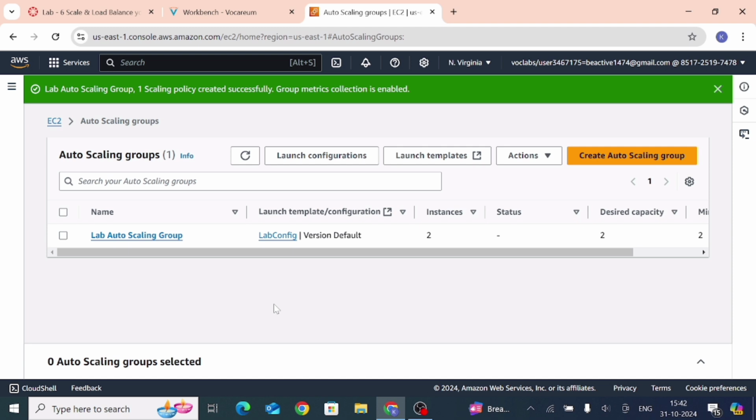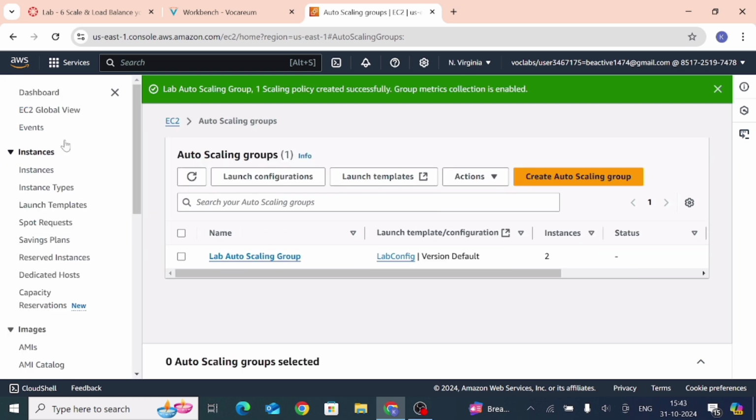So how we verify? In here the navigation pane is not visible in my PC. So please check in your PC if it is visible, then okay, or if not, then here is the menu bar symbol. So just click on it. So this displays again. From this, choose the instance.